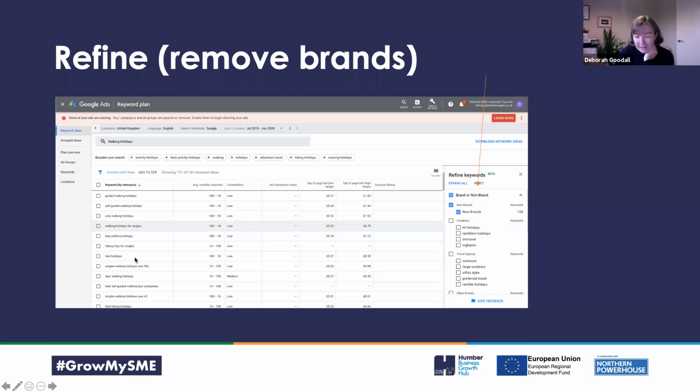Now, actually, sometimes it's better to go for something that's not got a really high search volume. Now, none of these have got what I would call a really high search volume, but if there's over, I don't know, 10,000 searches a month, you have to try and think about how well are you going to rank on those terms, and are you almost better being niche and then owning that niche? So it's just something to bear in mind whilst thinking about your keywords.